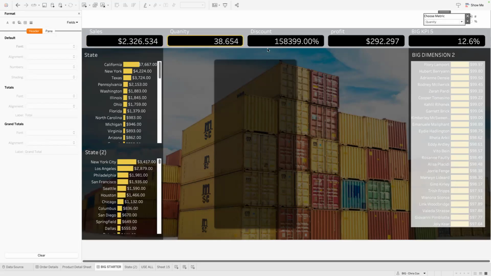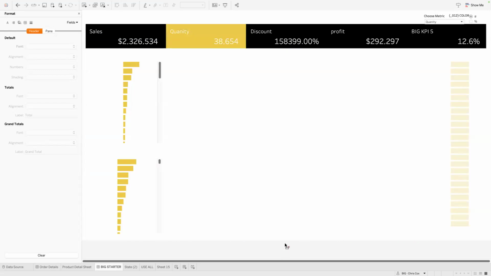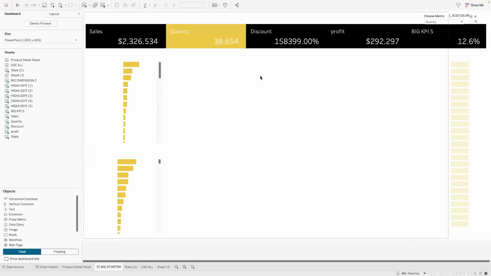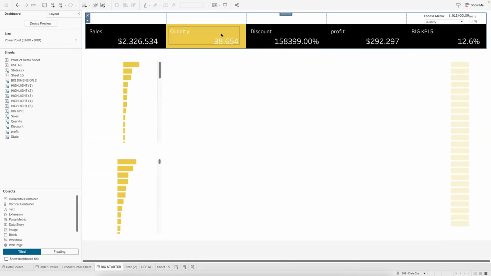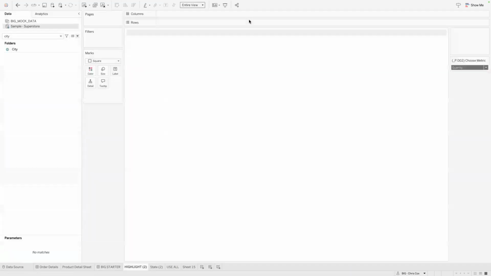So you can have different highlights. How that works is technically I have something built in the background. So if I just grab this and pull this background down, what you see is I have back here in the back this whole container built that is just these highlight fields.